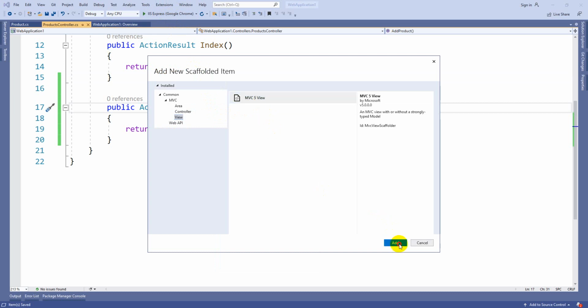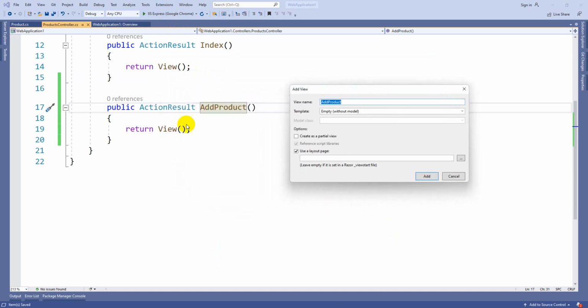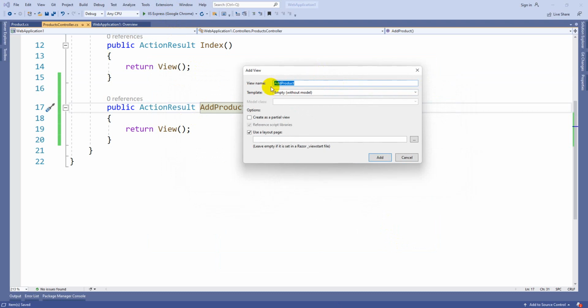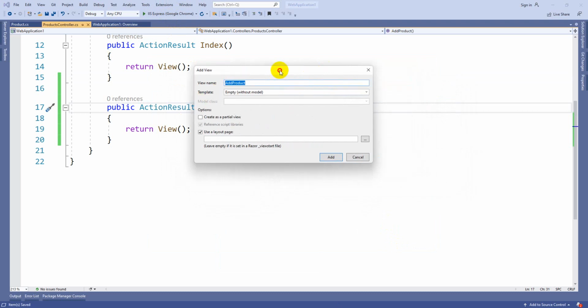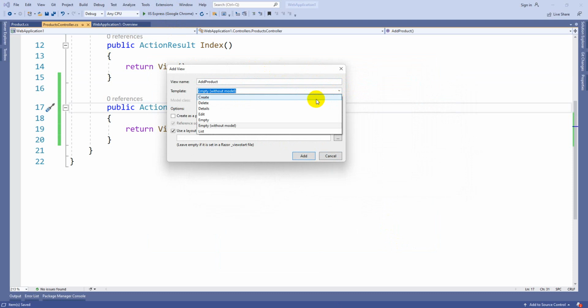Here you select MVC5 view. I'm going to use the same name. I already discussed in the previous video what happens if the name is not the same. After that, you can select the template Create. Earlier we used only the empty template, now we are going to use the Create template. Create means you are creating data, inserting data. Delete is for deleting, Details is for showing a particular product, Edit is for updating. Empty is nothing, and List is for displaying. There is a separate purpose for each type of template. I am using the Create template, which means adding some data to the database.